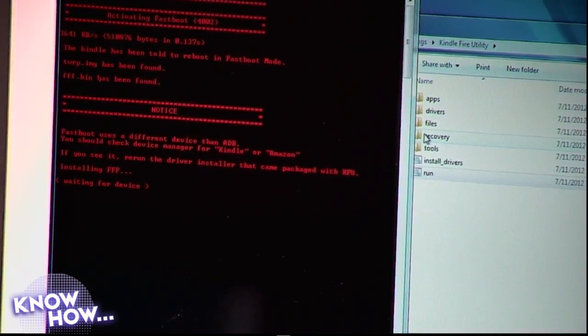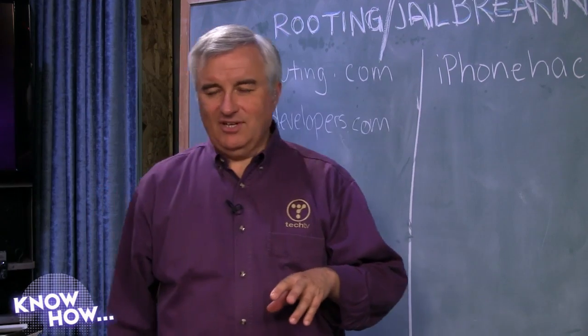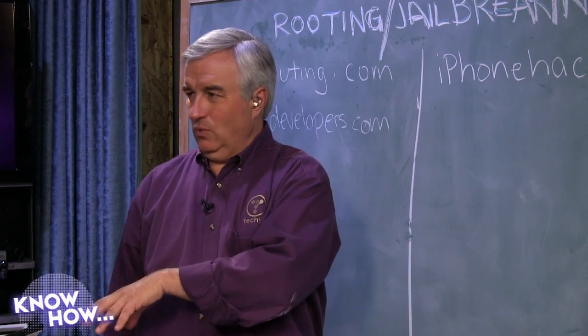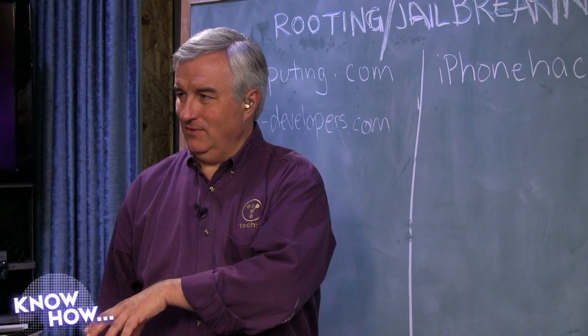It's checking for device. Despite the fact that this is a simple thing to do, it feels more complicated than the one-click jailbreak on the iPhone side. A little bit. I mean, because you don't have the graphical interface, you have text. I guess that looks a little scarier, but that was the other thing I was looking at. I had that old-time fear, like, wait a minute, that's not right. Why is it red? Doesn't matter. It's really simple to do.